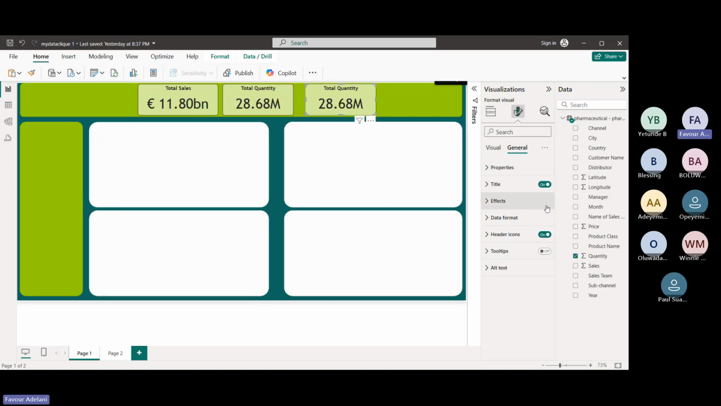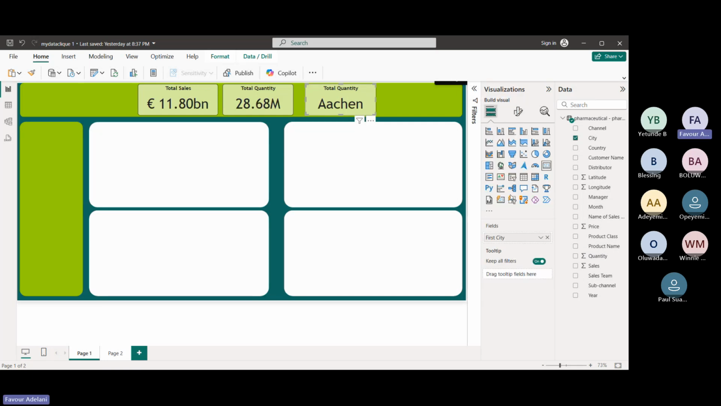Okay, so now to do that, I'm going to uncheck quantity and then select city. Now, instead of giving me a total sum of cities, it is giving me the first city. To change that, I'm going to come back to the visualization selection pane, and you see where we have the fields drop down here. I'm going to click on the drop down and change it to a